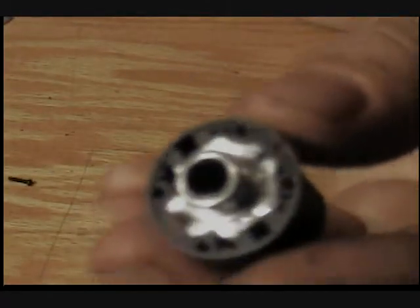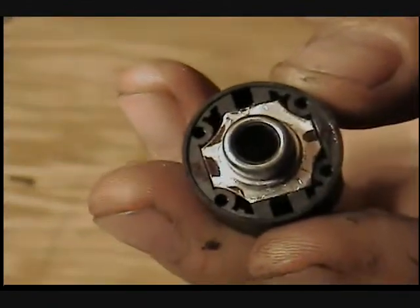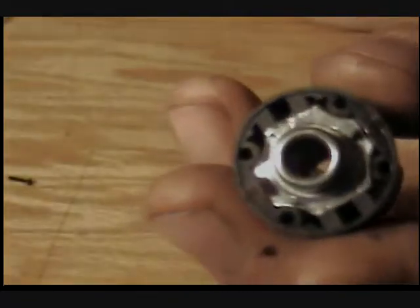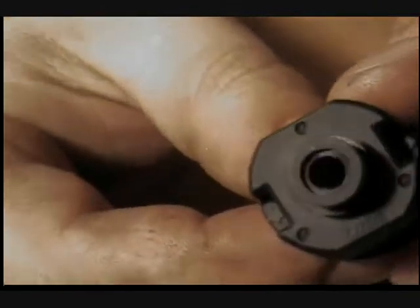Alright everybody, this is what you're going to want to end up with when you cut your one-way bearing. Sorry you didn't get any cutting. You're going to have to go from there and see how much you need to cut to fit your cup in, fit the bearing in the cup. But what you want to do is take your pen, make sure it's lined up here, and then when you get ready to cut the pin, make sure you take your ring gear and put the bearing in,